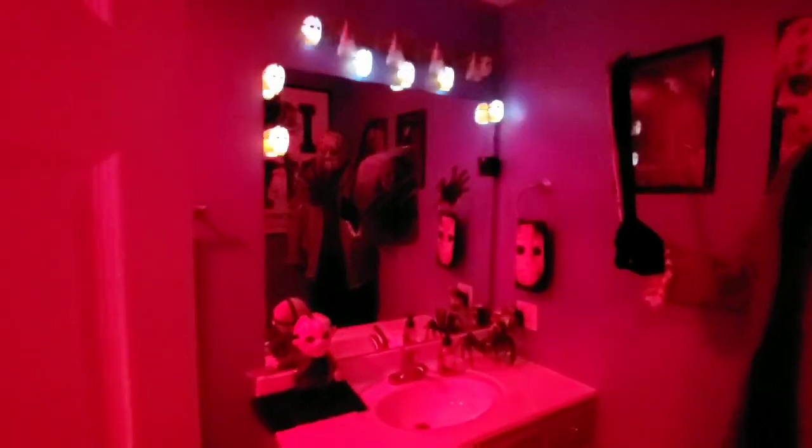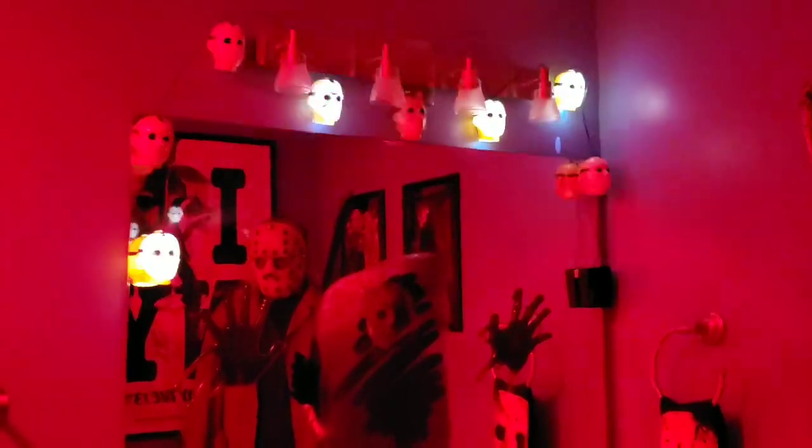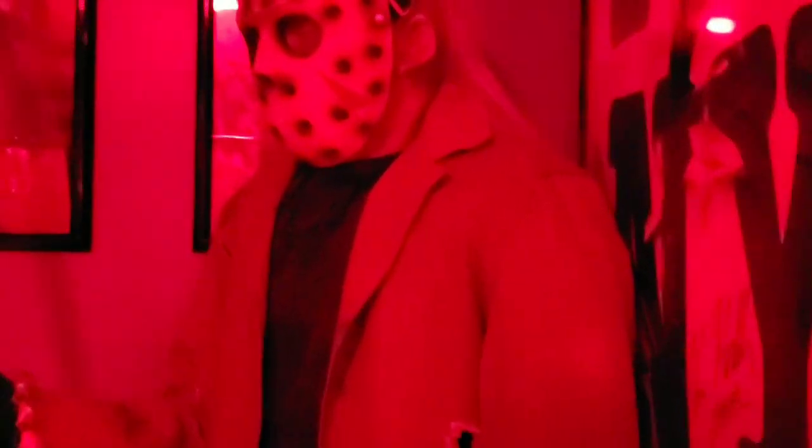Now we're going to go into our bathroom, which we dedicated to Jason. We got the Spirit Store sign from Friday the 13th and put a couple props in here, so let's go check it out. When you come in, you can see Jason in the background in the mirror. We got these lights, which I hoped would play the theme from Friday the 13th, but they didn't, but they're pretty neat. And we got Mr. Voorhees himself in here,